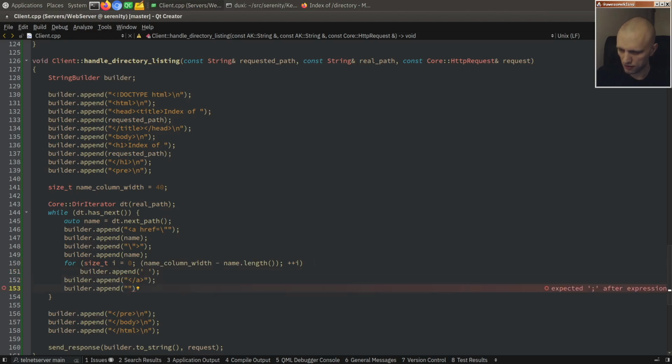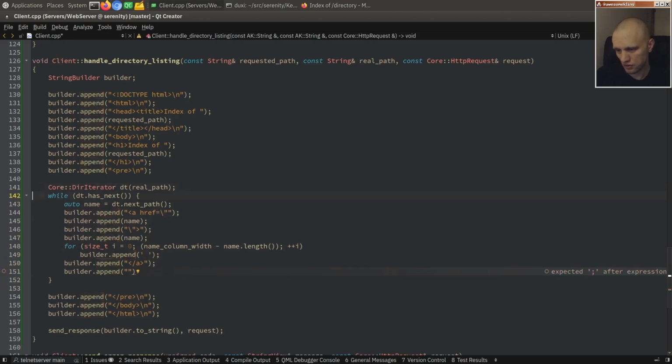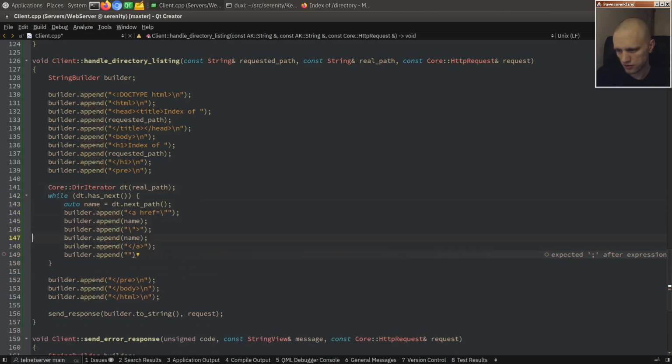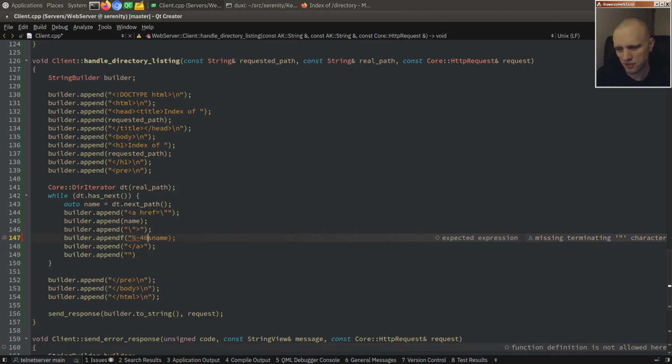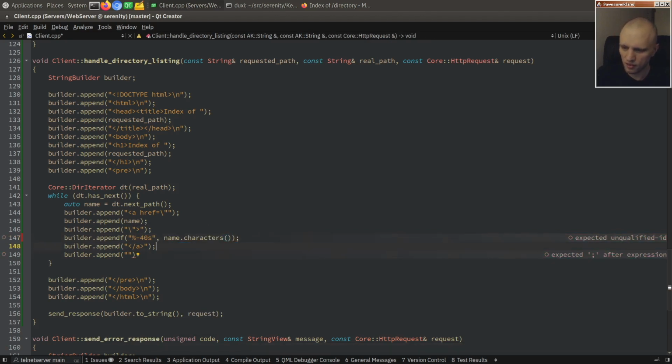And you know, there's a less ridiculous way of doing that. Actually, we could just use a format string, something like this. Okay, and then